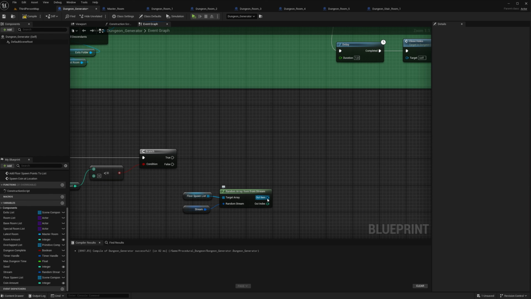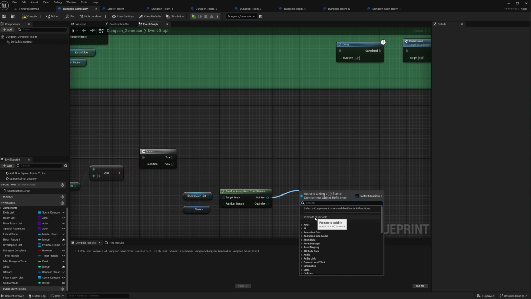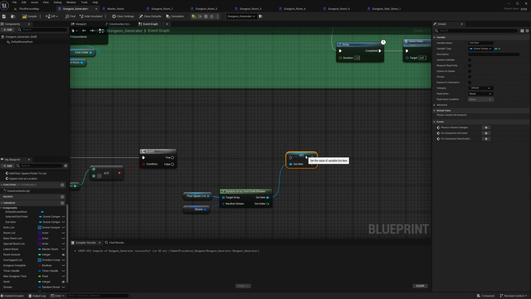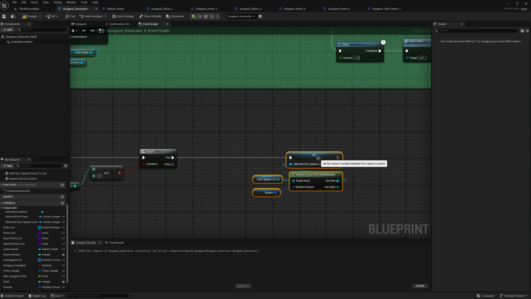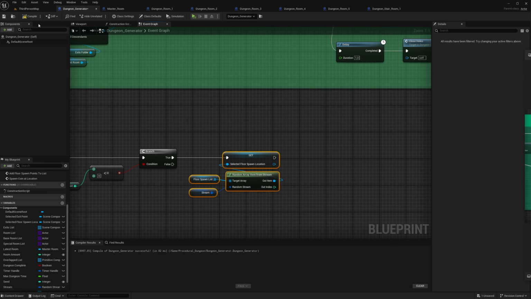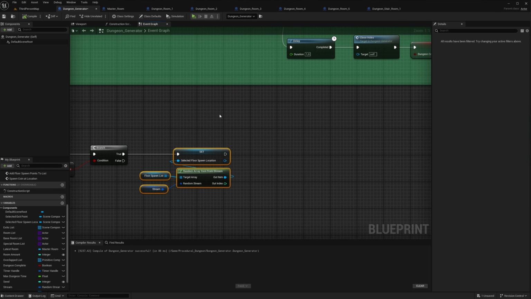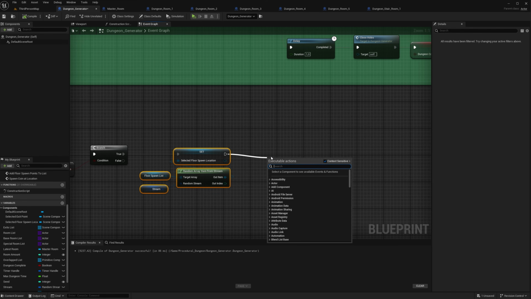So we need to drag out here and promote this one to variable. So we have the spawn point here. This is the selected spawn point. So rename this to selected floor spawn location or spawn point, whatever. It doesn't matter. All right. So compile it, and then we can go and say, after the spawned location has been selected, we want to